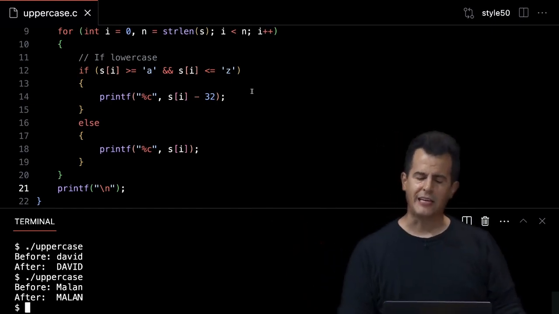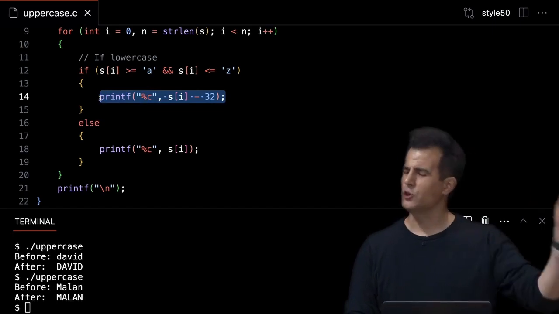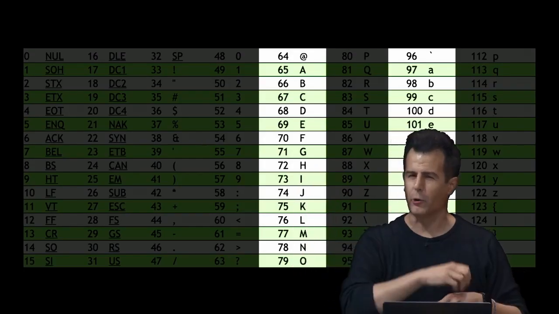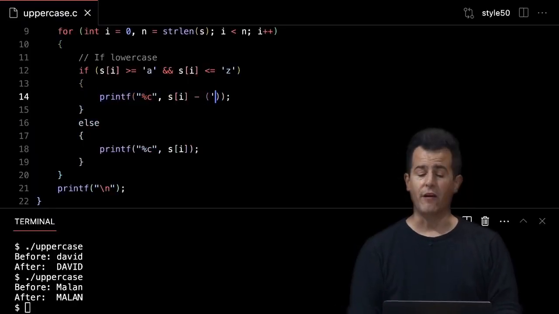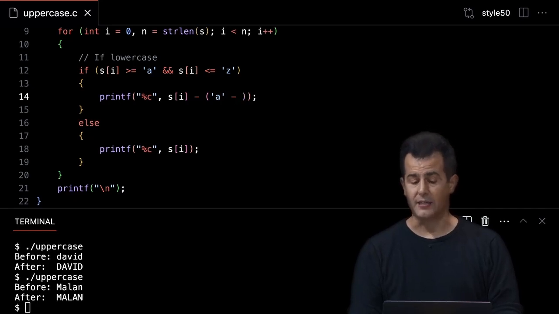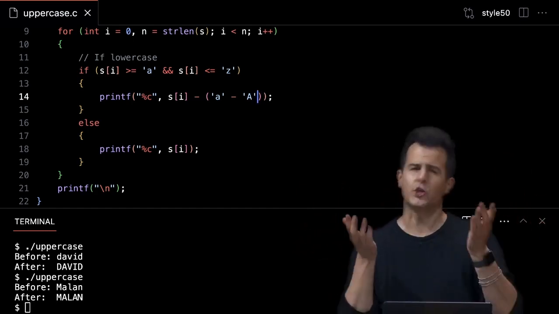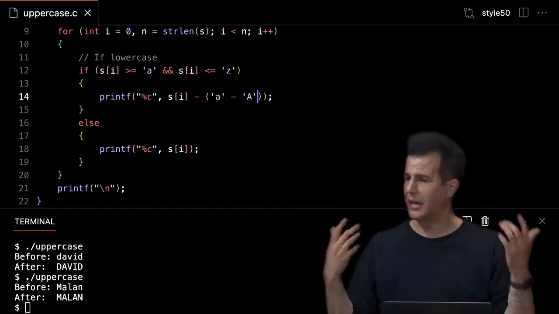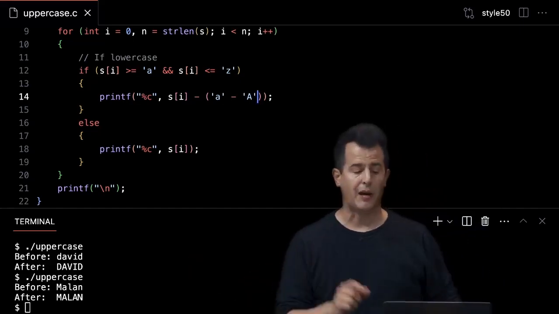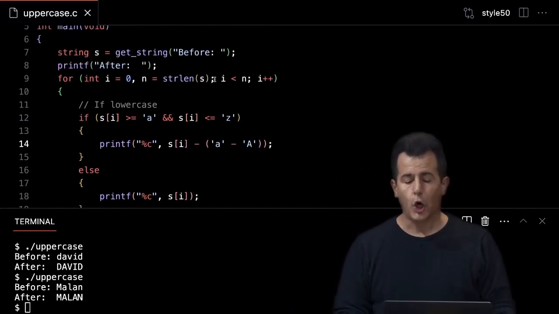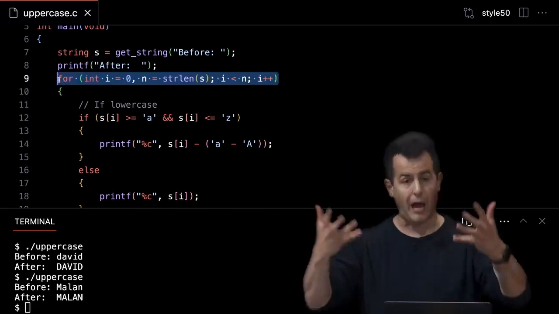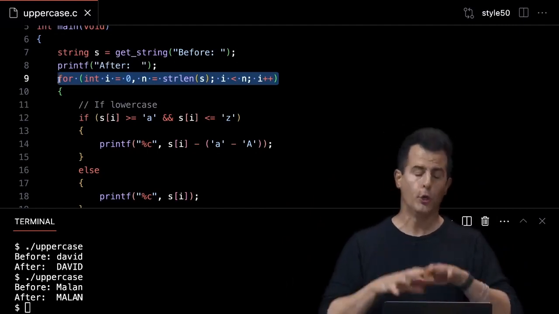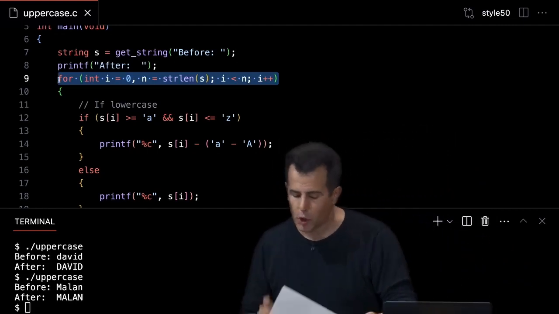Now, I don't love this technique. It's a little bit fragile because I kind of had to do some math. I had to check my reference sheet and then incorporate it into my program. Even though it will be correct, I could be a little more clever. I could actually do something like this. Well, whatever the value of lowercase a is, minus whatever the value of capital A is. And I could actually do it arithmetically, even though that, too, is somewhat inefficient in that it's asking the same question again and again. But the compiler is probably smart enough to optimize that. And frankly, for those more comfortable, a good compiler will also notice, no, you don't want to call strlen again and again. The compiler can do some of these optimizations for you, but it's still good practice to get into yourself. But there's probably a better way.